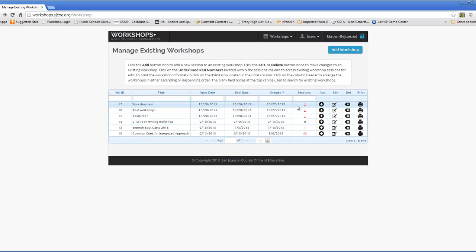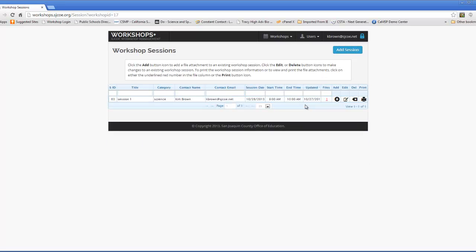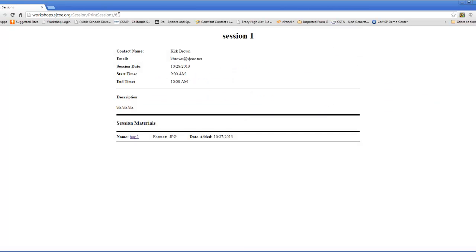You can give that workshop information. But notice that when I click on that workshop, the URL really doesn't tell me anything. Okay, so you're going to need to really give them the session information that's designed to do this. Give them the session that you want them to go to, and then give them that URL right there, and that will give them the information that they need to download the files from your